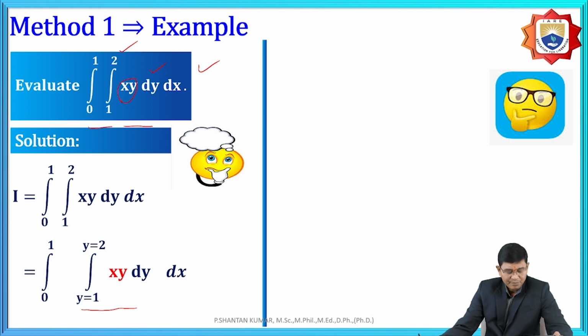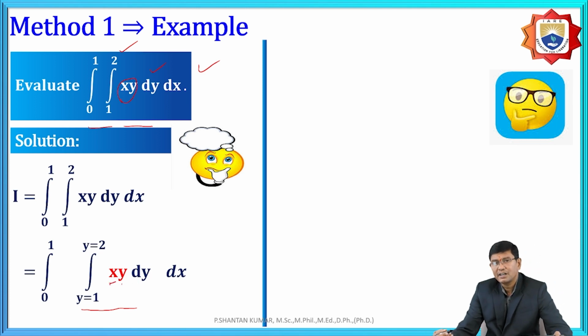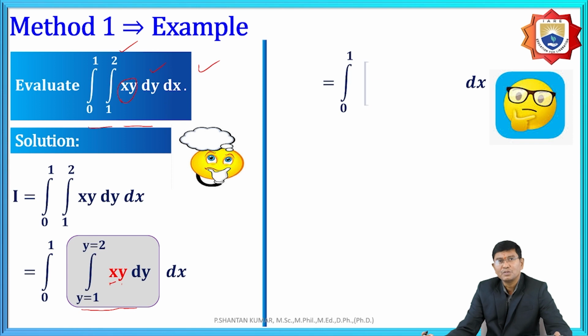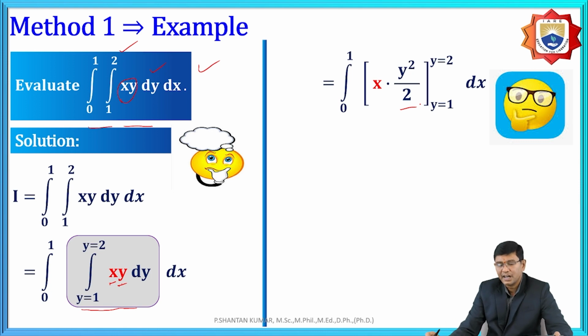And again here, when we are going to integrate with respect to y, x is a constant. You need to take that outside, so x is outside, and the rest of the thing is the integration of y, for y equal to 1 to 2. The integration of y is nothing but y square by 2. And after that,